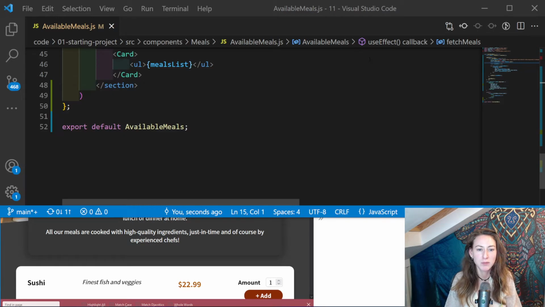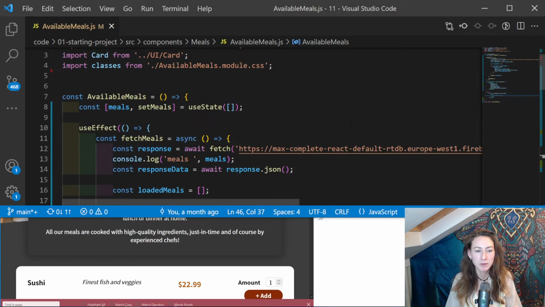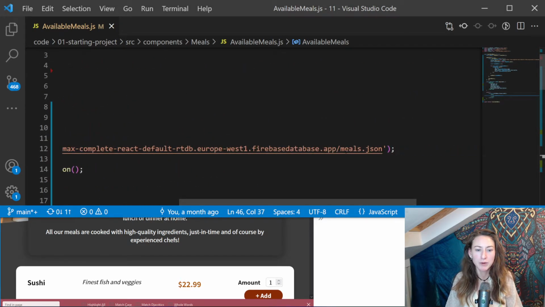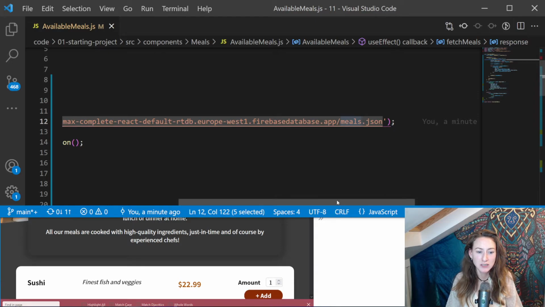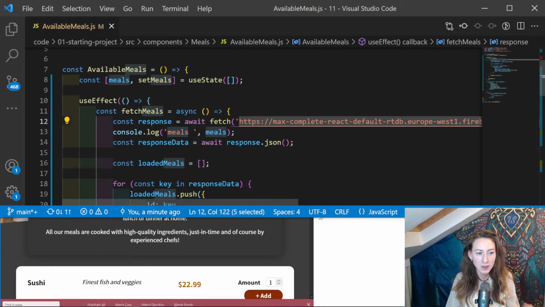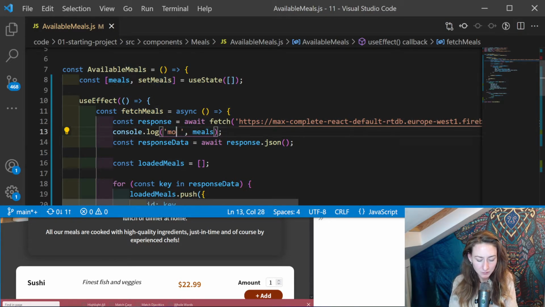I didn't know what was going on there. So, yes, the problem was, of course, I couldn't find it. We were passing it the wrong thing. We were looking for meals.js, and we should have been looking for meals.json. So, even now, if we do try movies, I think we'd get back movies. So, let's do that again, just to show y'all. So, movies,